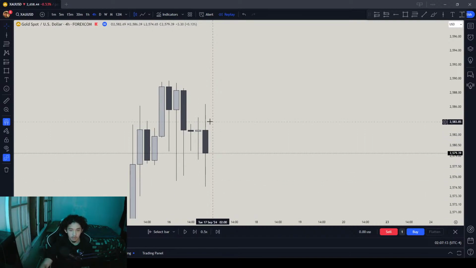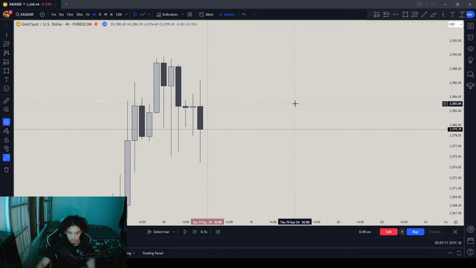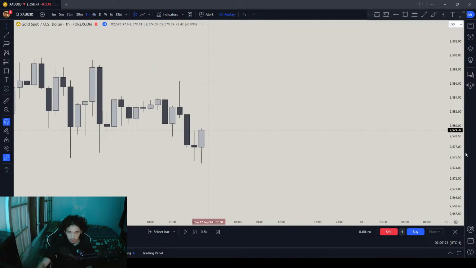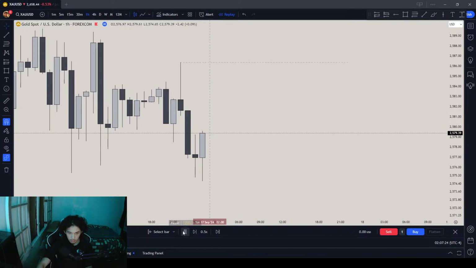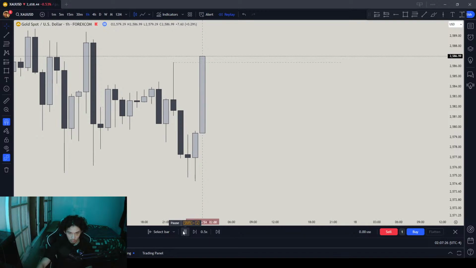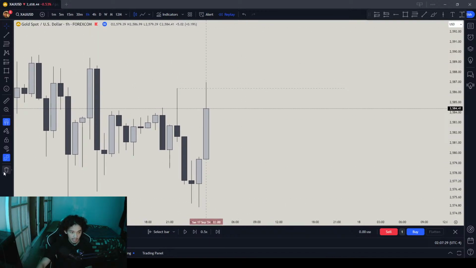Okay, now the 4-hour is still in an external, so still looking for longs. So looking to long it till this now. So after this, I'm looking to short. Do we get anything like that? No. So now the daily,